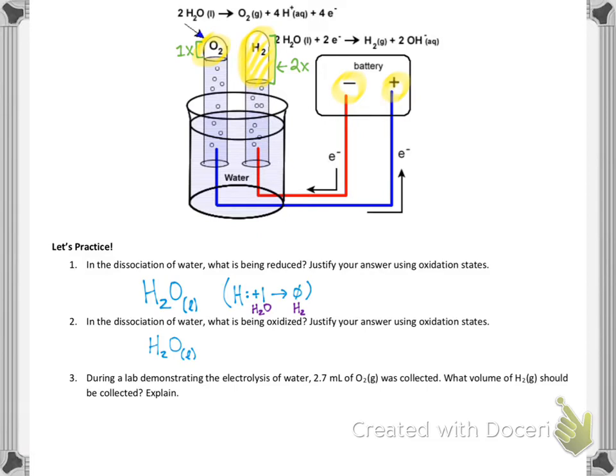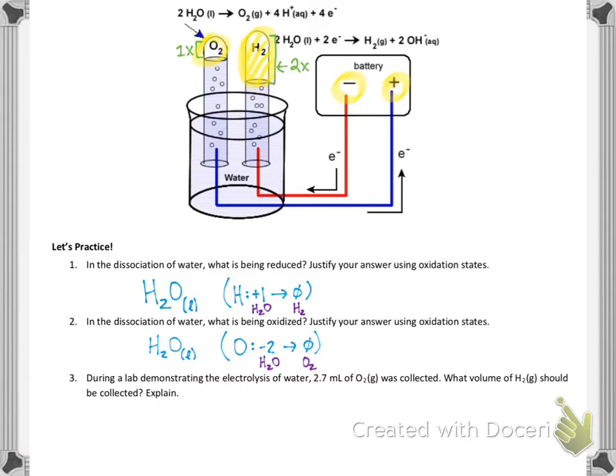Oxygen hates to be oxidized, which is why this is a non-spontaneous reaction. Oxygen starts at a -2 oxidation state in water, but then, of course, it goes to 0 when it forms the oxygen gas. For the very last one, this was actually just a cute little stoich problem, because we know